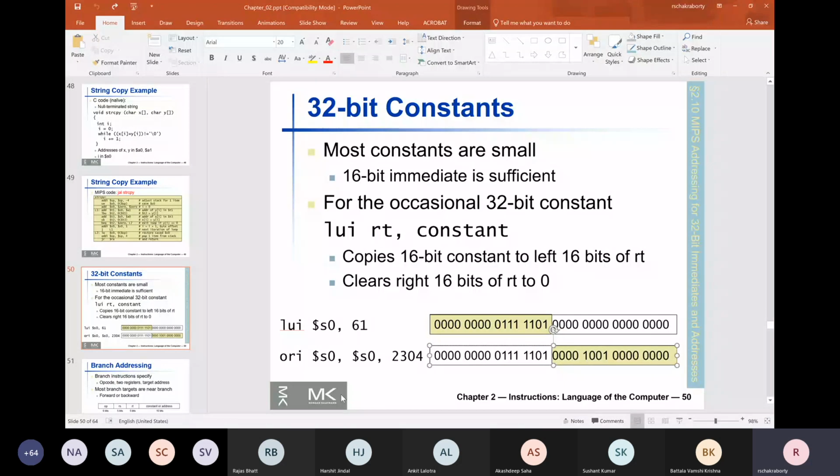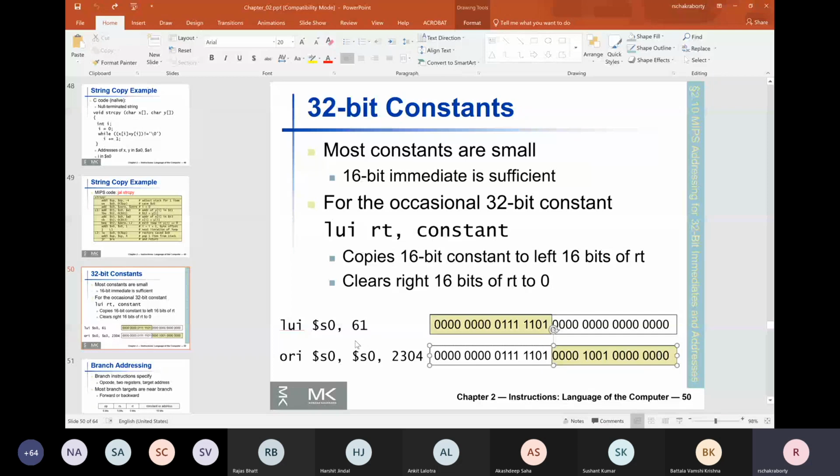Okay. So he calculated the binary representation of this. He broke up the value into two parts. One part is the MSB side, whose encoding he saw is 61. And he used LUI to set the MSB side with those 16 bits.